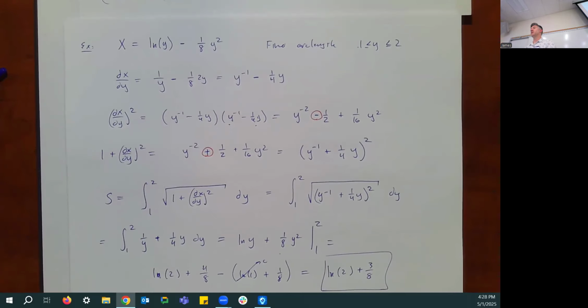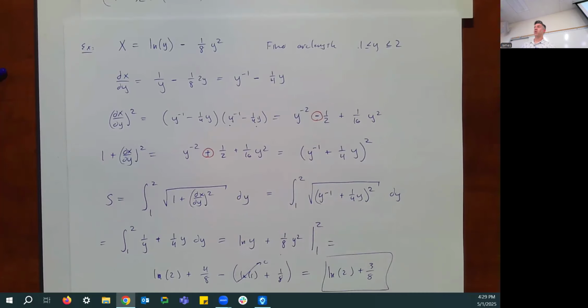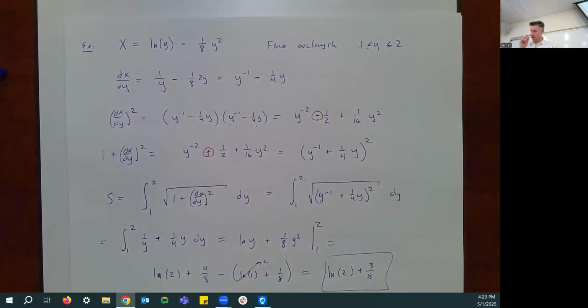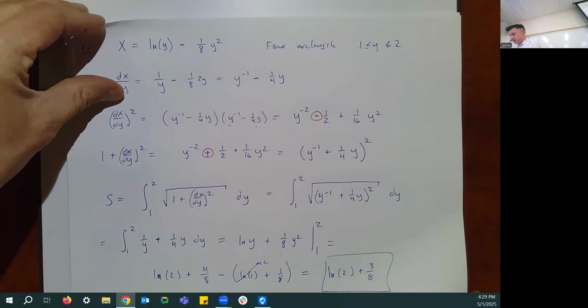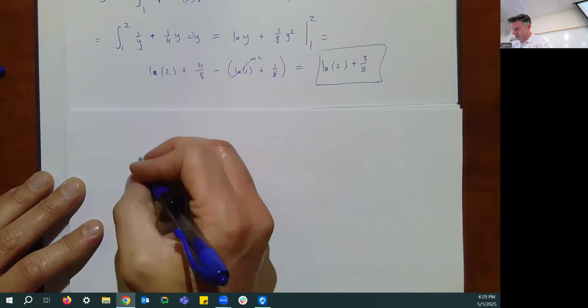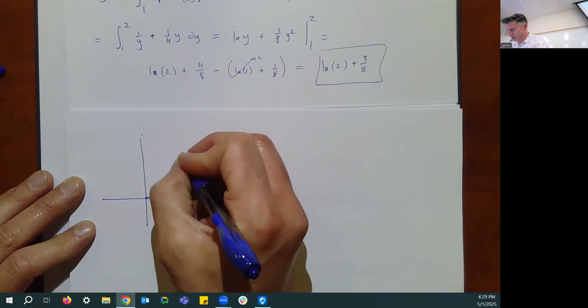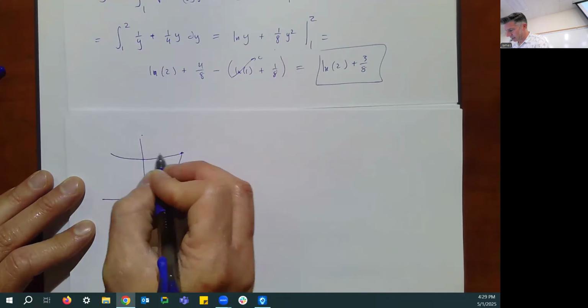I would say the better reason to keep this process in mind is because when we talk about surface area, it's kind of like a combination of the shell method and the arc length. Surface area is going to be the integral of 2 pi r times your thickness. So when we talk about surface area next time, I'll point out that if I take some sort of curve and then rotate it around an axis,